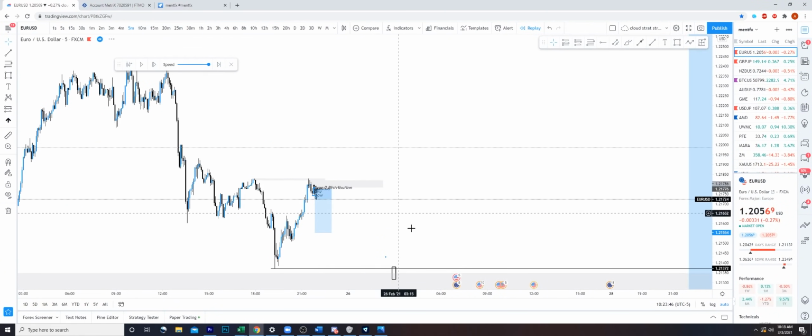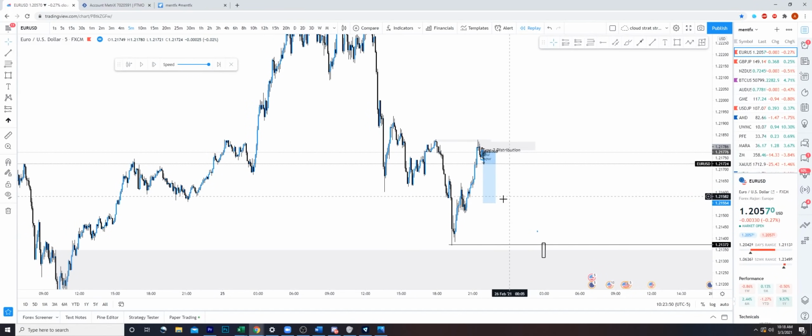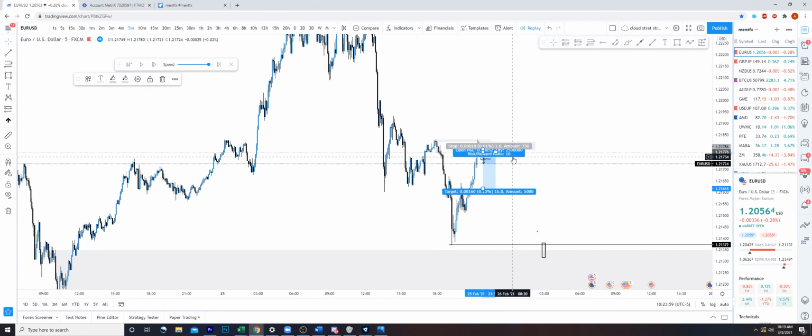Let's go back to the 5 minute. There we go. Now, I'm only targeting this area here. Second partial was already taken below, I believe, these lows here or this low here. I'm not 100% sure. I don't really remember. But I do believe that I took the next partial right here at 1 to 16, locking in another...